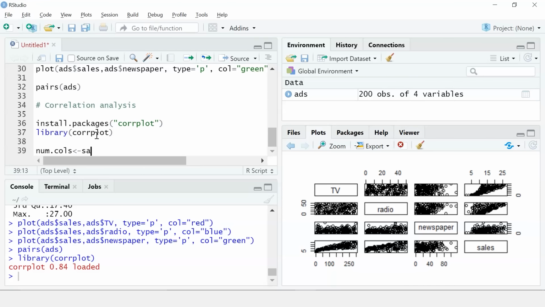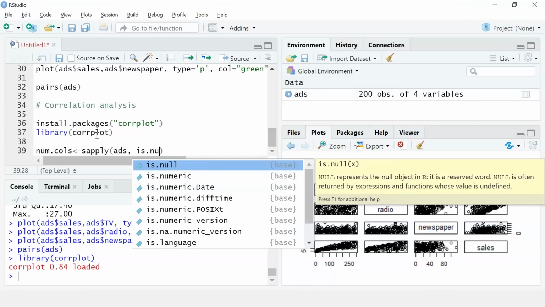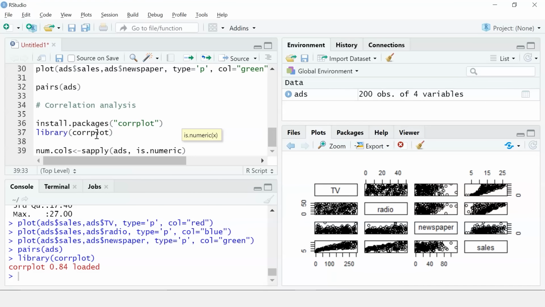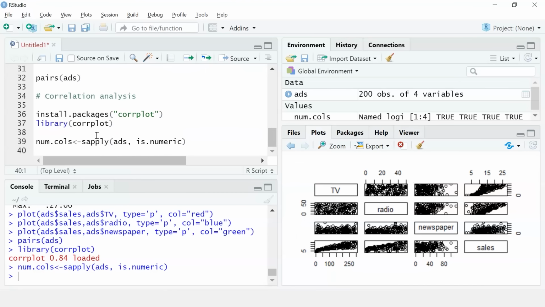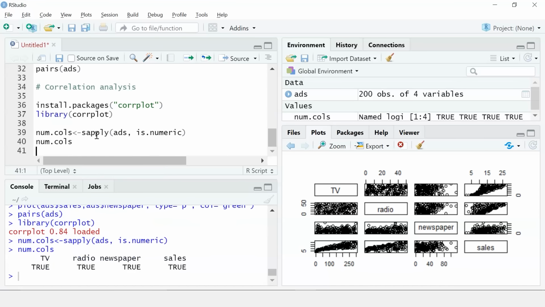Then I'll pass in the sapply function. I'll give the ads variable and I'll check if the variable is numeric or not. So I'll use is.numeric. Let me run it.